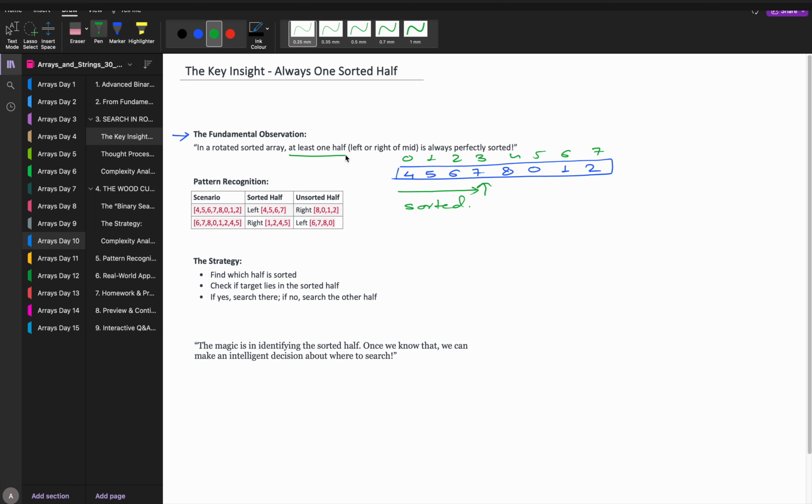At least one half is always perfectly sorted, and this particular half is unsorted. Correct, this particular half is unsorted. Similarly, for this particular example, let's see, 6, 7, 8, then 0, 1, 2, 3, 5, 4 and 5. Okay, for this particular array,